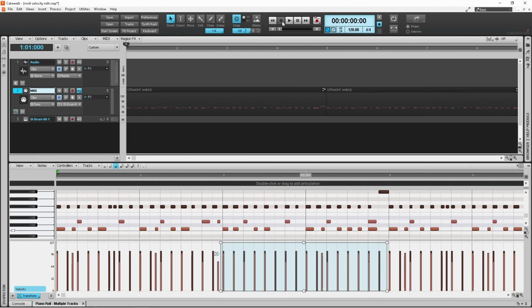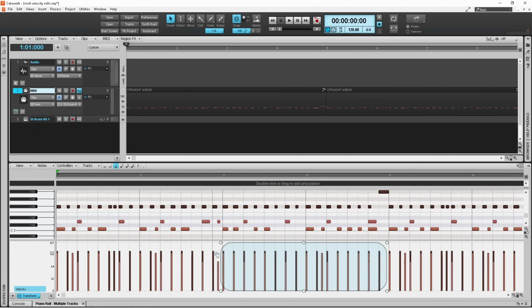Now that was quite a sharp change from the higher velocity down to the lower velocity section, but there's something else you can also do here. And at the front of the blue zone is this icon, which is currently a square. And if I put the mouse cursor over it, you'll see it says toggle soft mode. And if I click on the square,